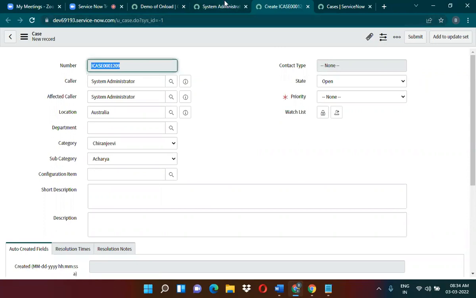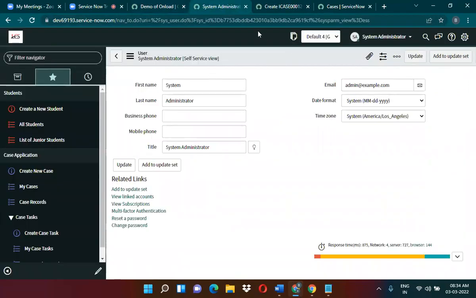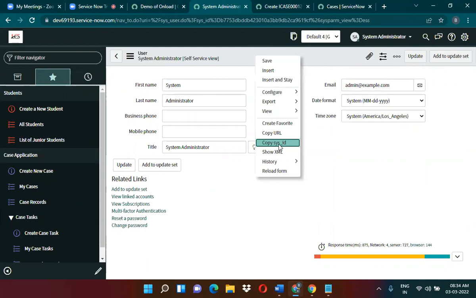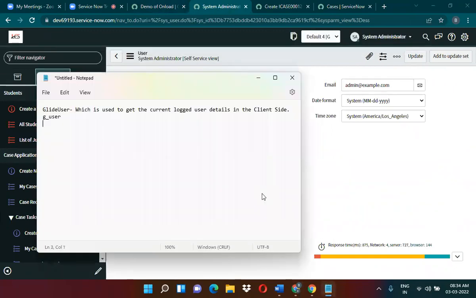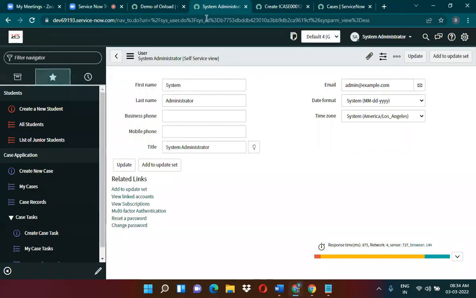So if I want to get the current logged in user SysID, so what is the current logged in user SysID? Let me just copy this one. System administrator SysID is this one. So this is the one. So if I want to get this current logged in user SysID, we can actually use